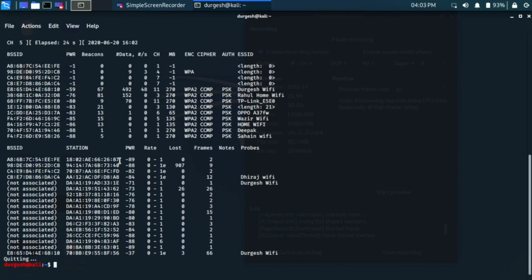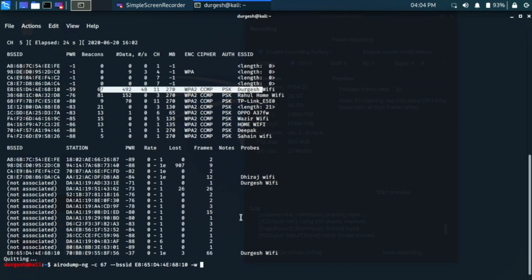After that, in order to hack it, you can use the airodump-ng -c command and provide the channel ID, which is 67, then the BSSID you copied, and then the path where our captured file is stored.